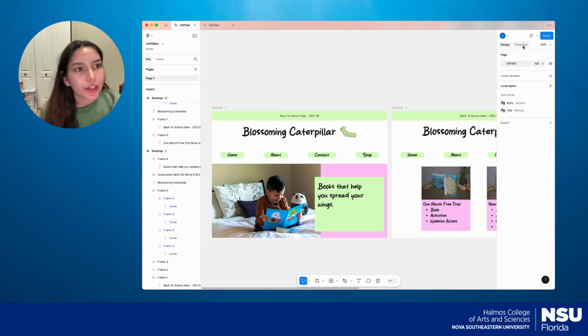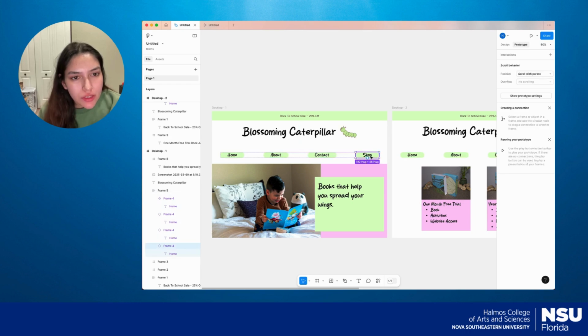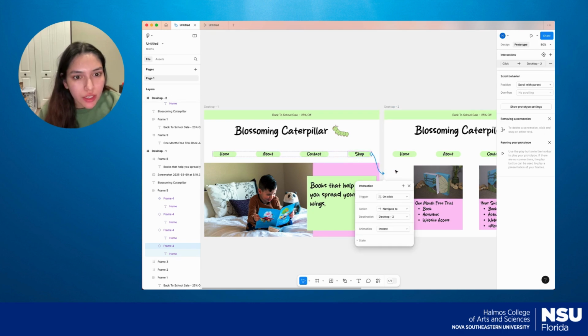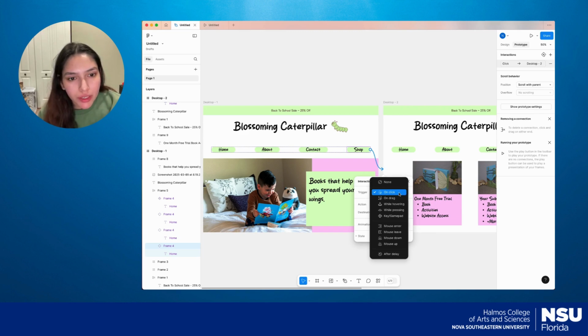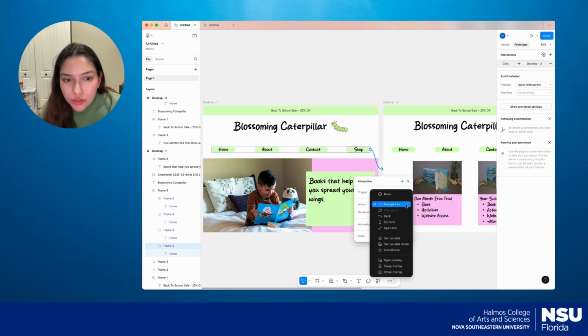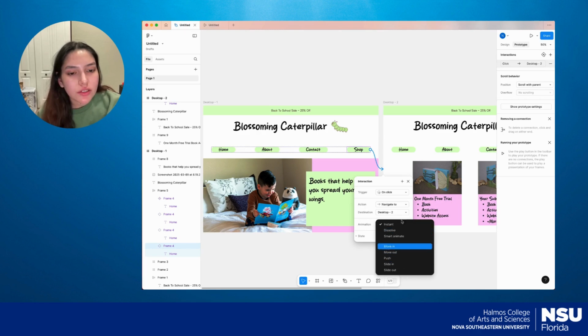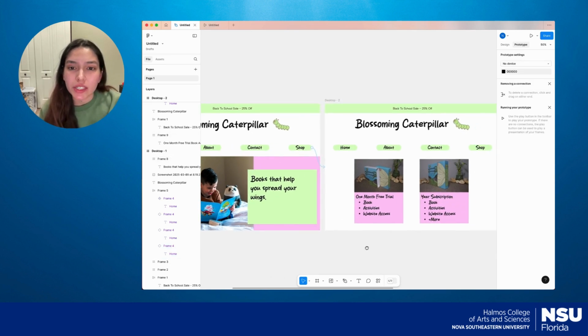So you're gonna go up here, you're gonna click your prototype, and I'll just start off with this shop since it's right next to here. You're just gonna click on this blue plus sign here and drag an arrow into your desired desktop. And you can see right here, you have the trigger. So mine is gonna be when you click the shop button, it's going to navigate to your desktop two. And you can also do different animations and all that kind of stuff. I'm just going to do it instant since it's just a button. And I mean, you can mess around with that kind of stuff, but I'm just going to keep it very simple, especially just for this